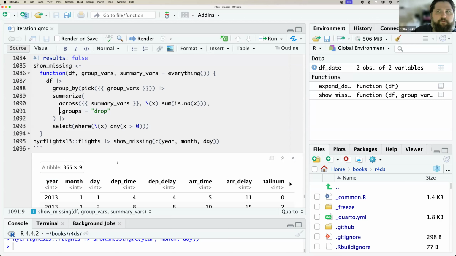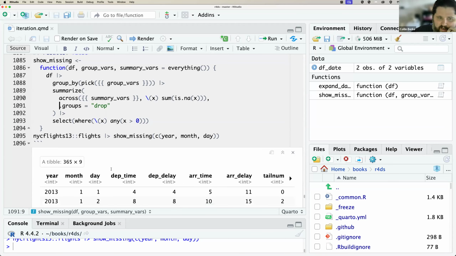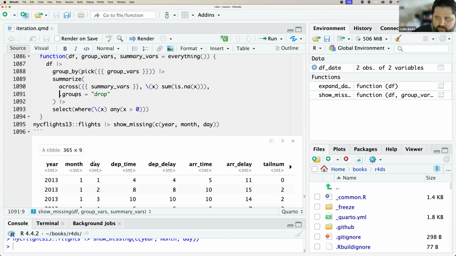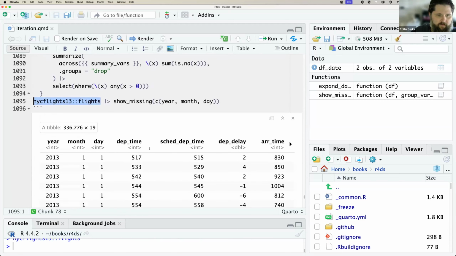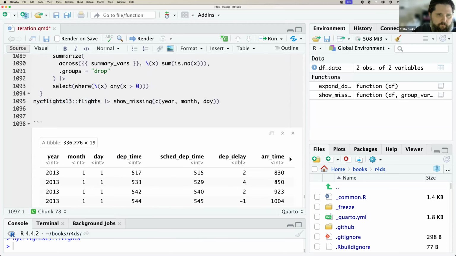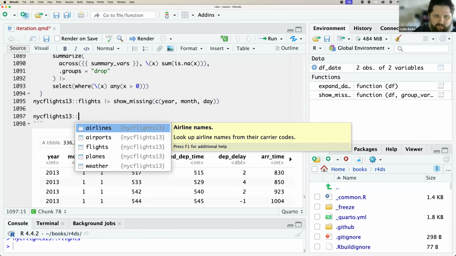So why is it returning it though? Select where. So is this telling me that year, month, and day do have missing values? That's what I'm asking. And that's interesting. So year, month, day. I mean, we can answer that with some iteration. We could go flights. I don't know what we gotta do. You see what I'm saying? That's my question, because it's returning year, month, day. So does that mean year, month, day also has missing values? Well, no,